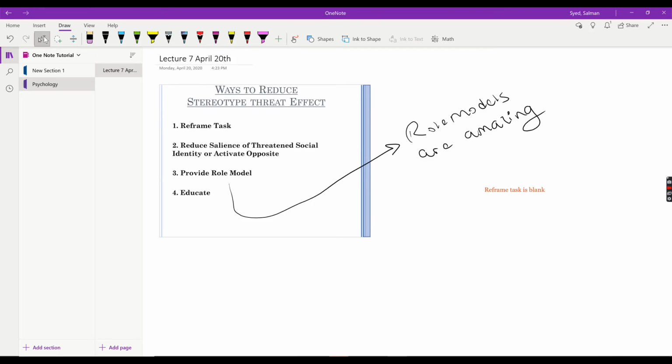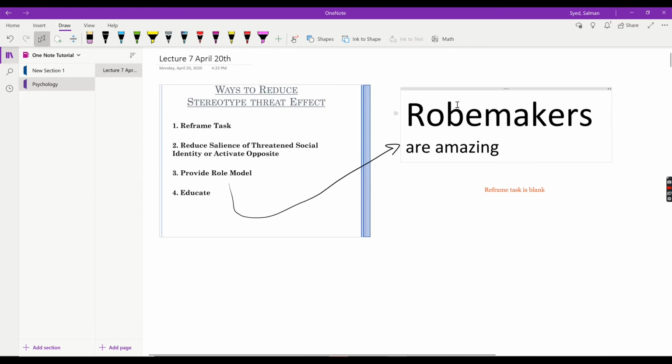So let's use this button, and we basically highlight the section that we want to be converted to text. Once that's done, we say Ink to Text. And it is slightly off because my handwriting was not right, and you have this "rope makers are amazing", but you can quickly change that by saying role models